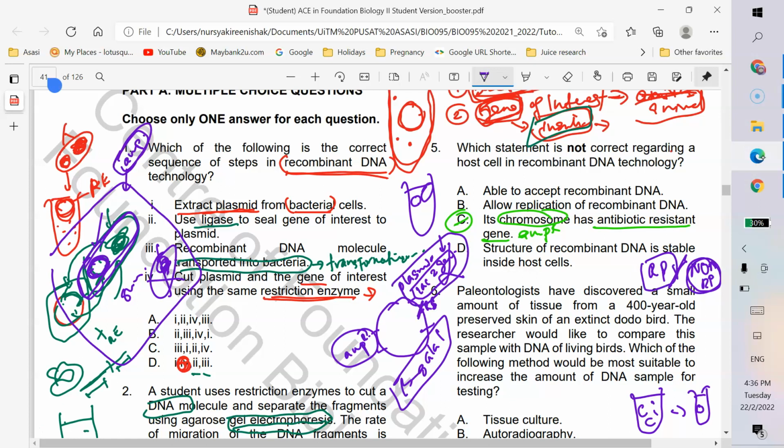Kalau dia ambil recombinant plasmid, the LAC-Z gene will not be able to function anymore sebab dah interrupt dia punya sequence. Sebab you cut dengan restriction enzyme dekat region ada LAC-Z gene tu to insert the gene of interest. So for bacteria that take up recombinant plasmid, LAC-Z gene cannot be produced. There's no enzyme beta-galactosidase will be produced. So in the medium that you have